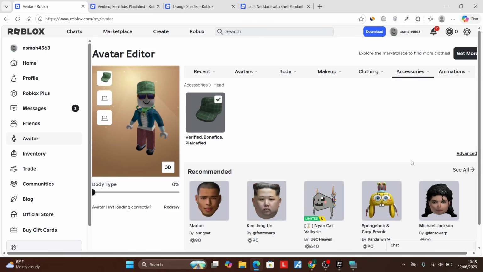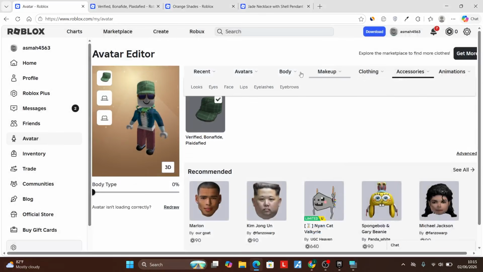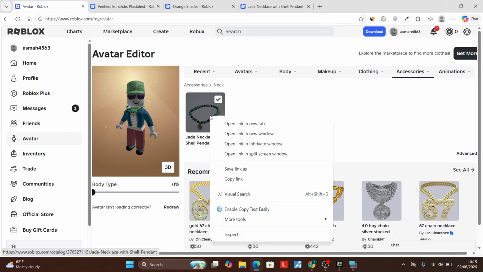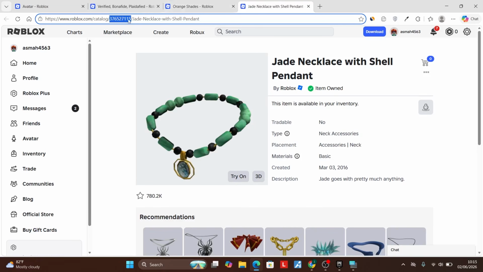So it's very easy. You just need to select here on advanced, and then on the advanced options, make sure to paste the asset ID, and the asset ID are opened by coming here to the accessories, choose the one that you want, for example, like neck, and then just right click on it and then select open link in a new tab, and then copy the ID that you see on the top here of